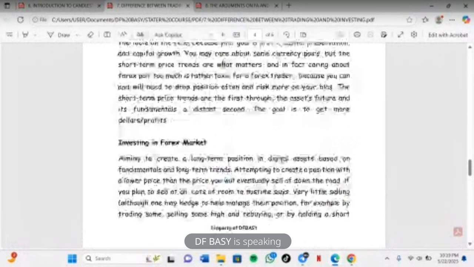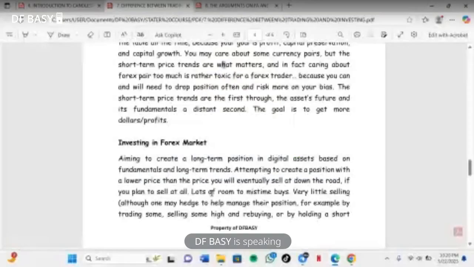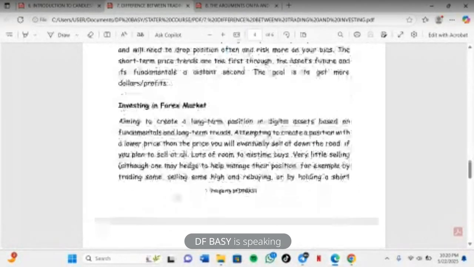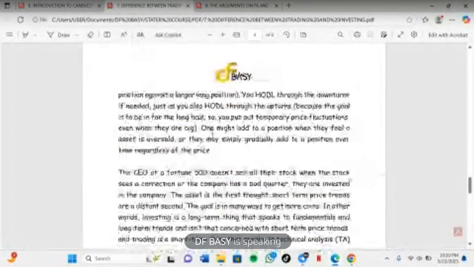While investing is aiming to create long-term positions in digital assets based on fundamental analysis, where you hear from news on the economy of those currency pairs, you create a position within a lower price, then price will eventually sell down the road. If you plan to sell at all, there's lots of room to mistime buyers. Very little selling, although one may hedge to help manage their positions. For example, trading some, selling some high and rebuying, or holding a short position against larger positions. So